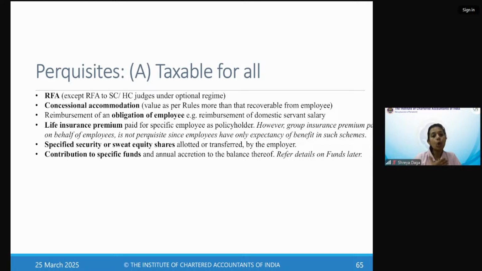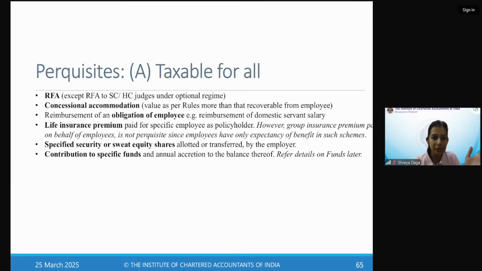But if the employer takes a group insurance policy, group insurance means I have 100 employees. I go to XYZ insurance company and say, please cover all my employees in one policy, where the policy will not be in their individual names. But if anything happens, then that particular person or his family will claim. It is actually a corporate life insurance policy for which I am paying you a premium based on the expected life expectancy of my different employees. We are calculating a premium and I'm paying it to you. But the policy is not in the name of individual employees, and the benefit is available to the employee only